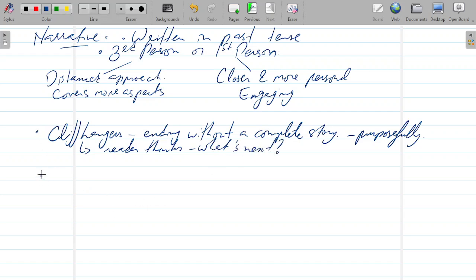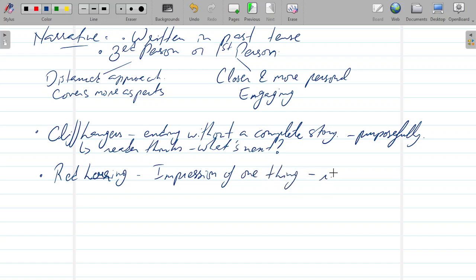You can use, for example, what's called a red herring. Now, obviously, for this one, you need to have your own reading experience and you need to know how to make this work, right? You are giving the impression of one thing, right? And you reveal that no, it's the other thing. What does that mean? So, for example, in suspense or thrillers or mysteries, right?